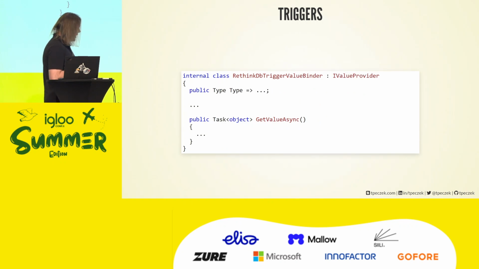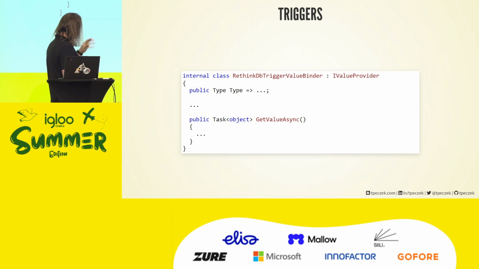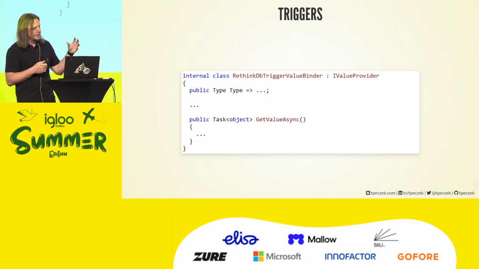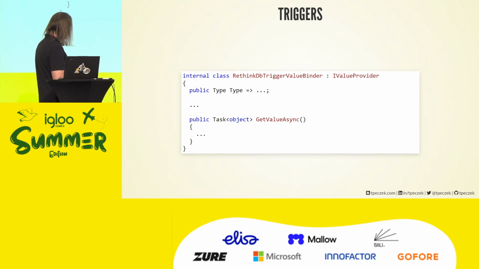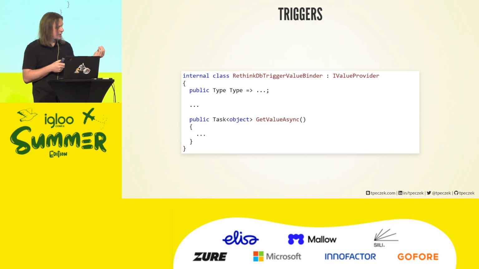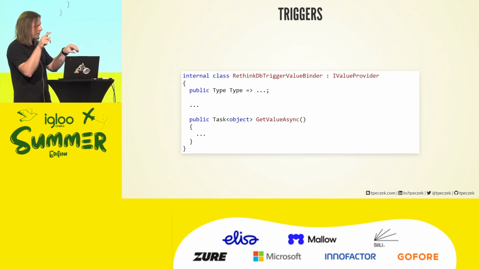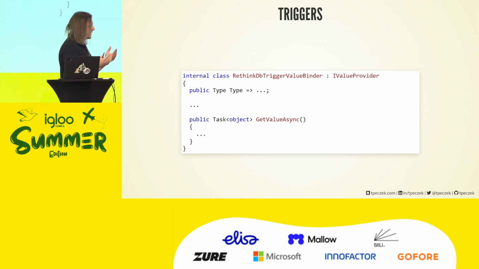Value provider. As I said, it's an optional way for transferring that trigger value into something different. And it lives in the integration context, and it has the same characteristics as value binder. Because it's being created per invocation, it actually already gets a captured value that is supposed to transform. It needs just to tell Azure Functions to what type it's transforming, so that type can actually be validated with the parameter, not the trigger value.